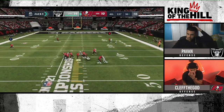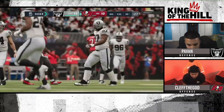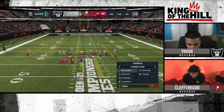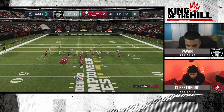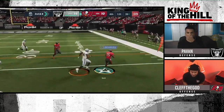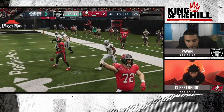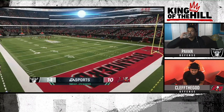Here inside Pizza Hut Stadium. This feels like a big game at 6, giving Cleff a taste of his own medicine. He's trying to dial up the pressure. I think if he would have just waited a second, he would have had that in route, because it doesn't look like his guys were going to get the shed. He ran on 3rd and 8, and we caught him off balance. We caught him off guard. How about the play calling there from Cleff? Yeah, that's a...